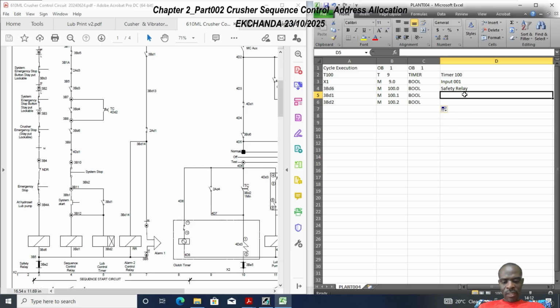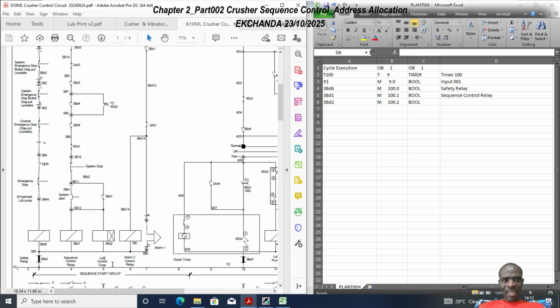So 3BD1 designated sequence control relay. Okay, and then 3BD2 is a designation, it's a timer actually. So 3BD2 is a timer,